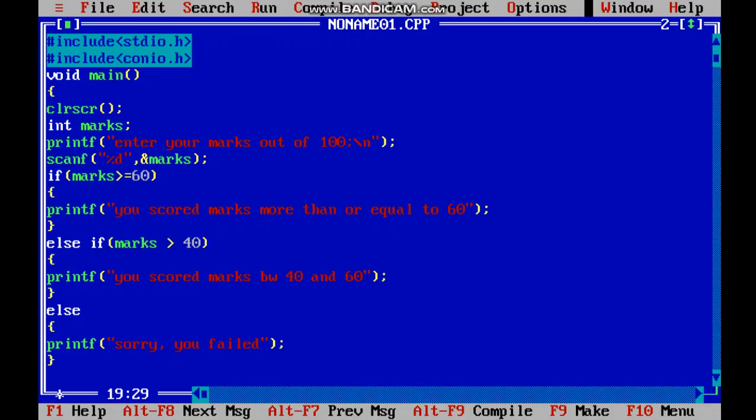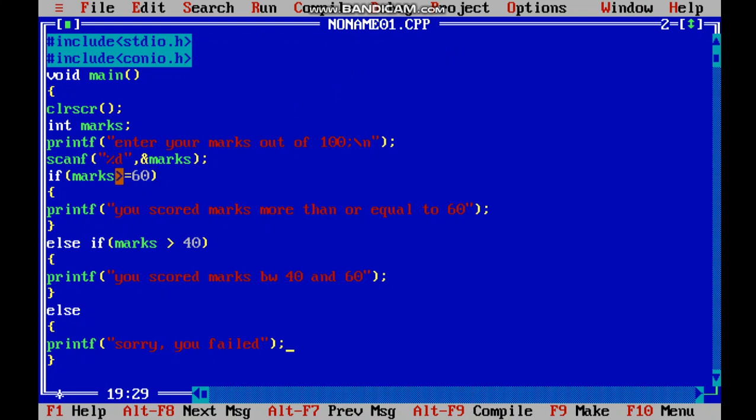Suppose I scored 75, which is greater than or equal to 60. So the first condition evaluates to true. You scored marks more than or equal to 60. See, the first condition was true, so the second condition and the else part were skipped. Either one of them will be executed at a time. It won't execute all of them.